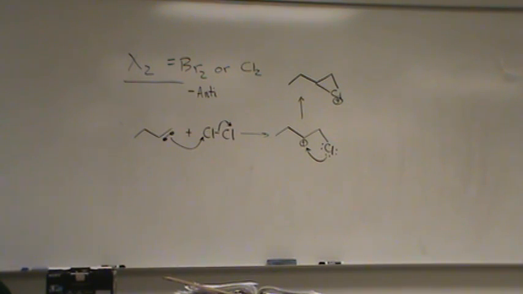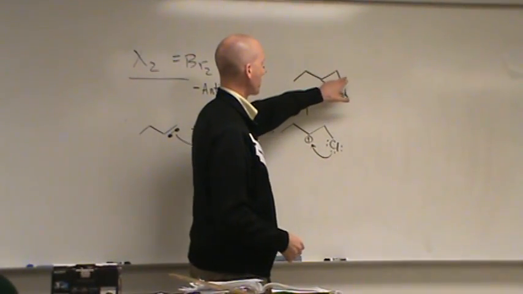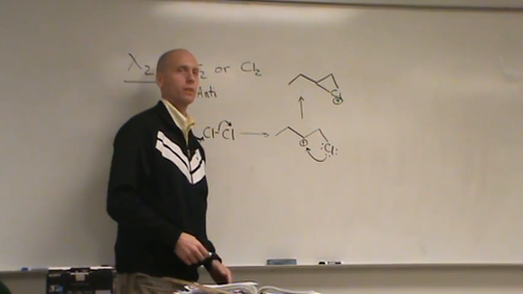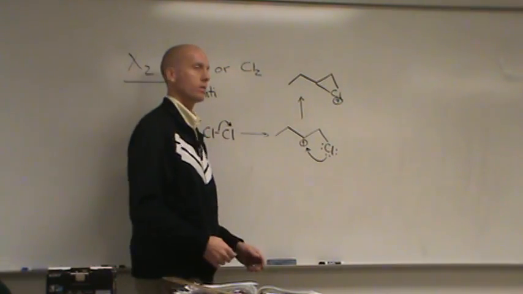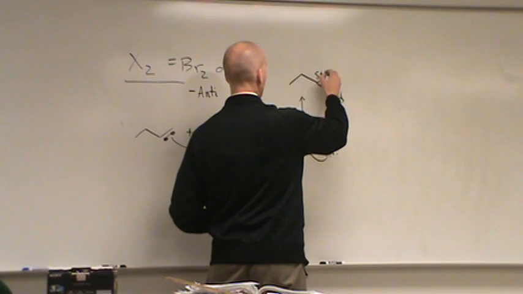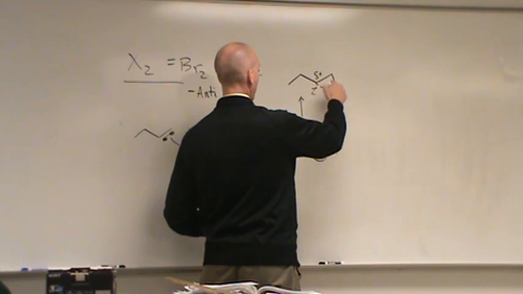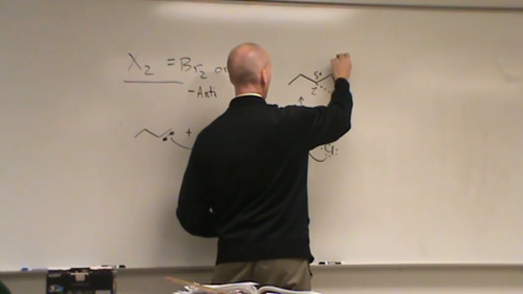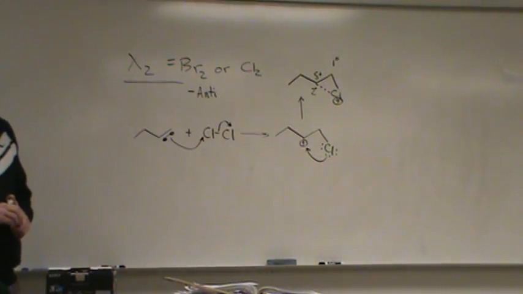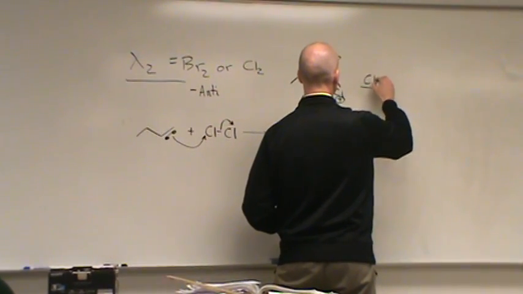Which again is not very stable. It wants to start breaking, but which side will want to start breaking more? This right side or this left side? Why the left side? Okay. Forms the left, then I start forming a secondary carbocation. If it did here, that'd be primary, it'd be less stable. So you're right, the left side will start breaking